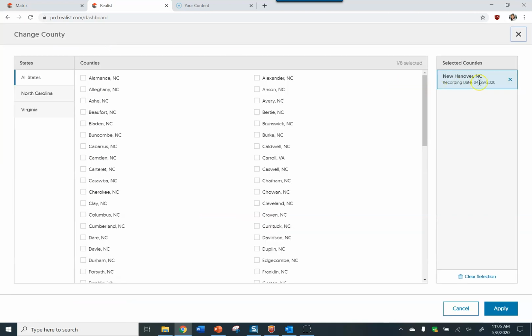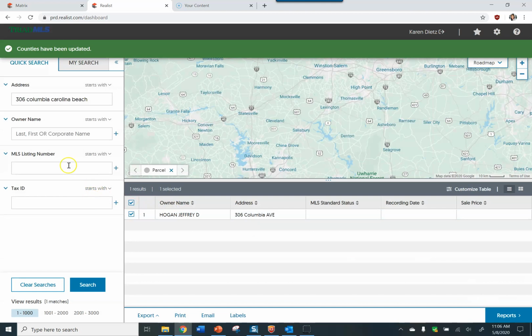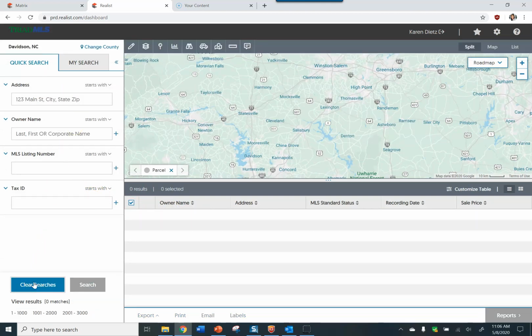This time I'll change the county, remove New Hanover, and I will select Davidson. So the information as of this video for Davidson County is 3/10 of 2020, and Apply. Clear out my search instructions from the previous example, and this time I will type in an address that is in Davidson County. Search,